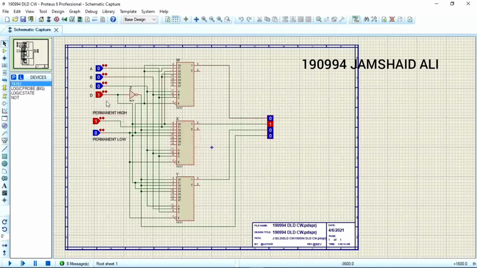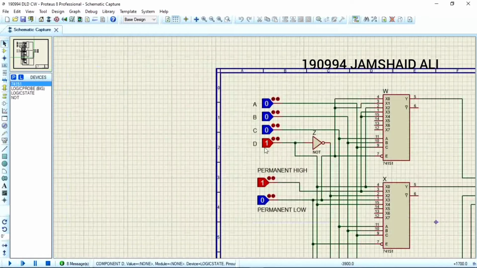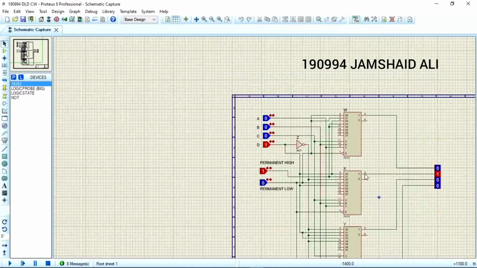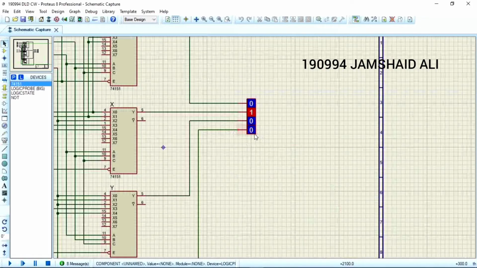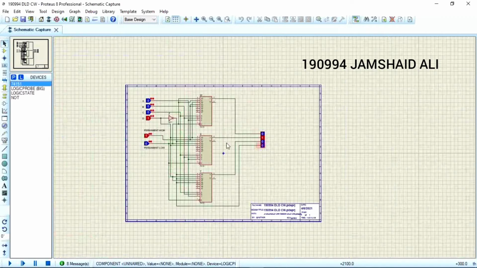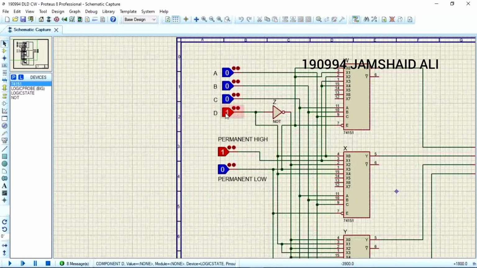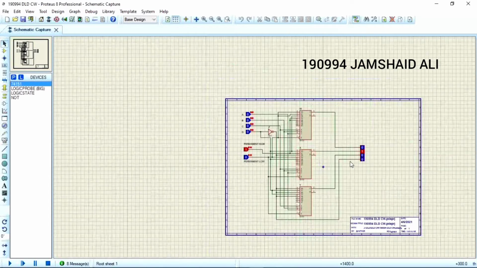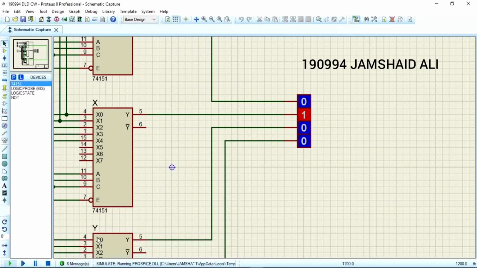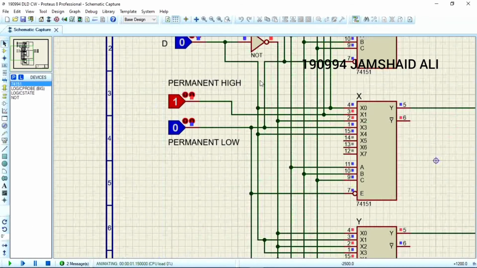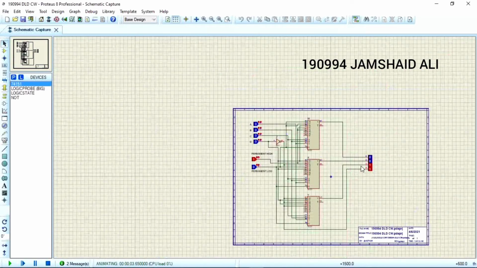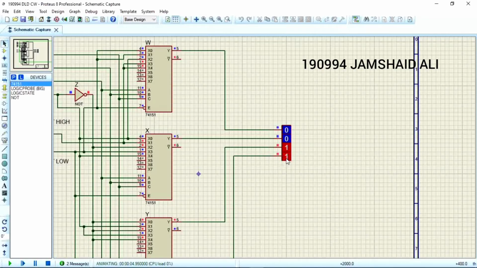In each case, if we have 1 on D input, then we will have 0 on the last logic probe. When we have 0 on D, then we will have 1 on the last.